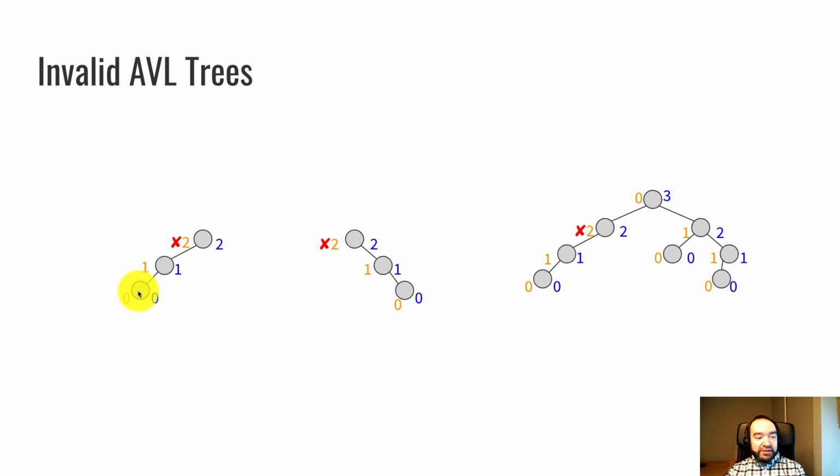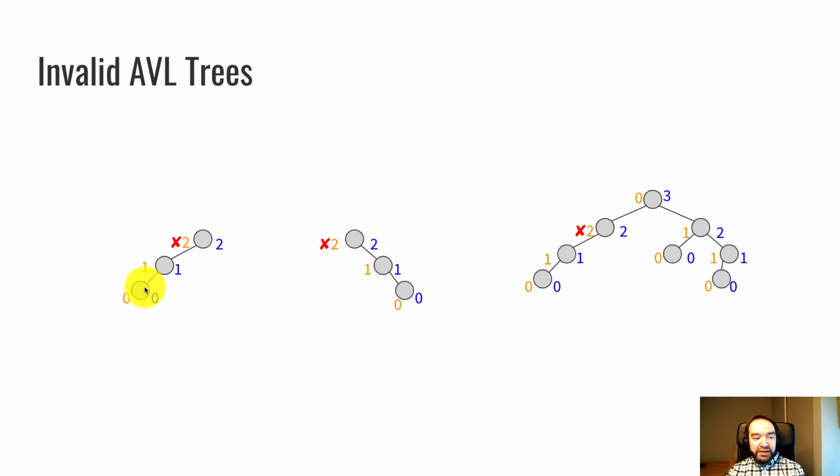A single leaf node always has balance factor 0. That's okay. If I pile one more node on top of that, the balance factor can be up to 1. If I have a lopsided 2-node chain like that, the balance factor can be up to 1. If I stack on one more node and make a chain of 3 nodes, then the balance factor can be 2, if it's left heavy like this, where all the nodes are on the left. So the root node here has balance factor 2 because the left child has height 1, the right child is null, which counts as -1. 1 minus -1 makes 2, and 2 is too imbalanced to count as an AVL tree.